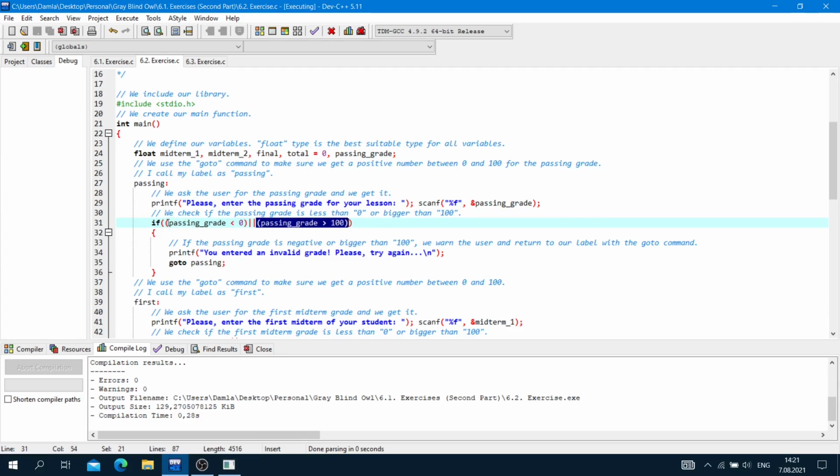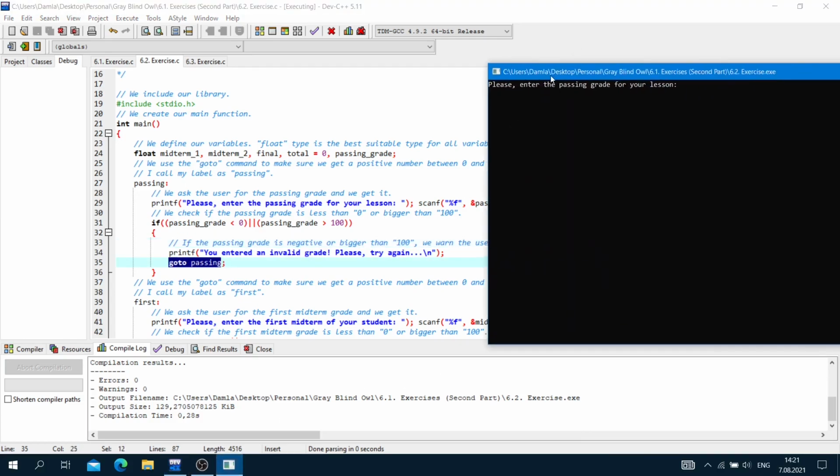The first condition, passing grade is less than 0 or passing grade is bigger than 100. If the passing grade is negative or bigger than 100, we warn the user and return to our label with the goto command. Printf, you entered an invalid grade, please try again, goto passing.